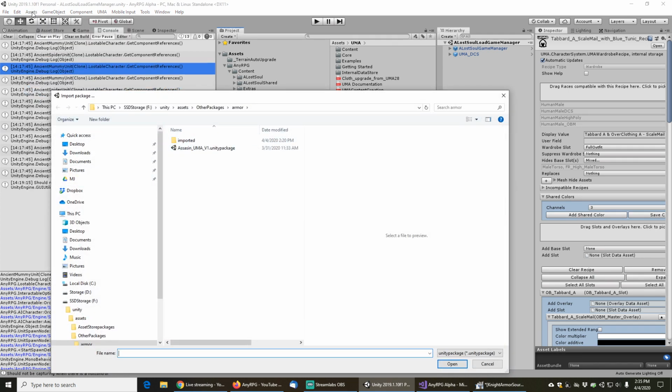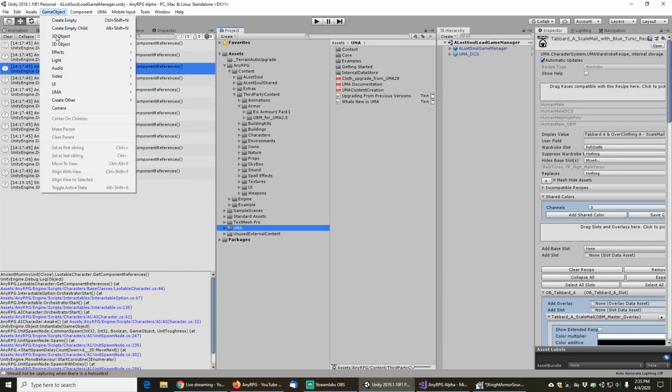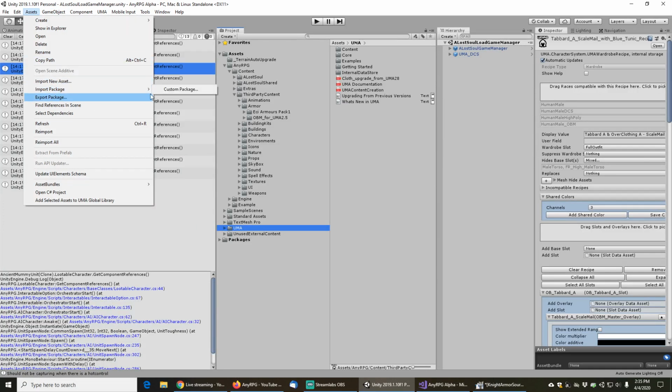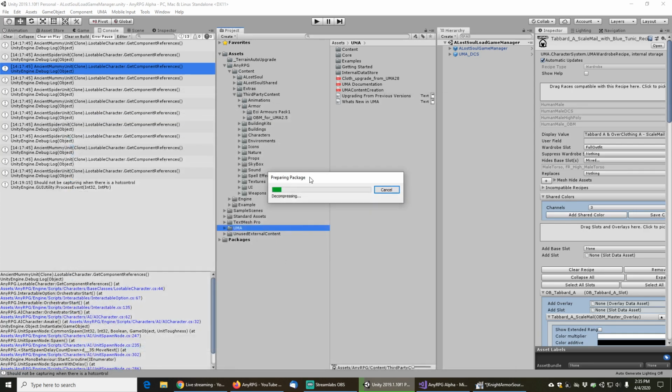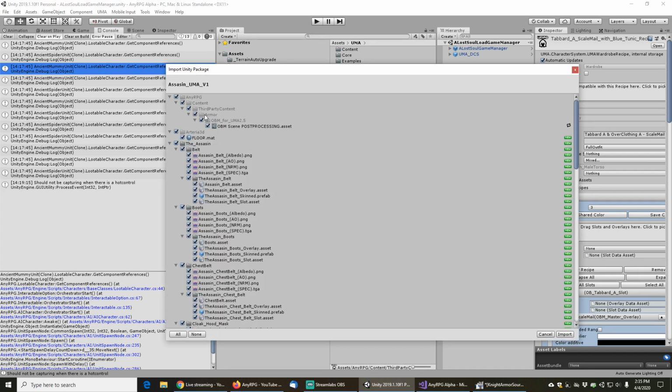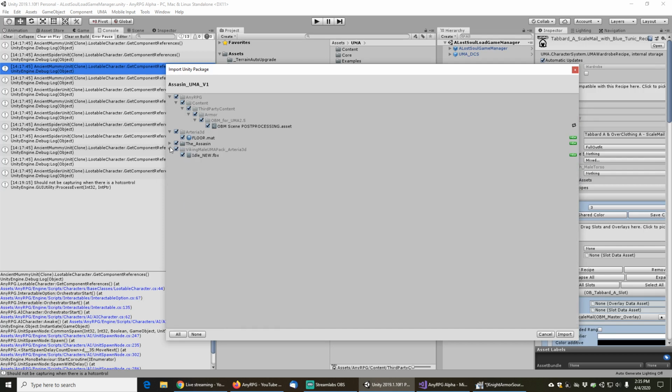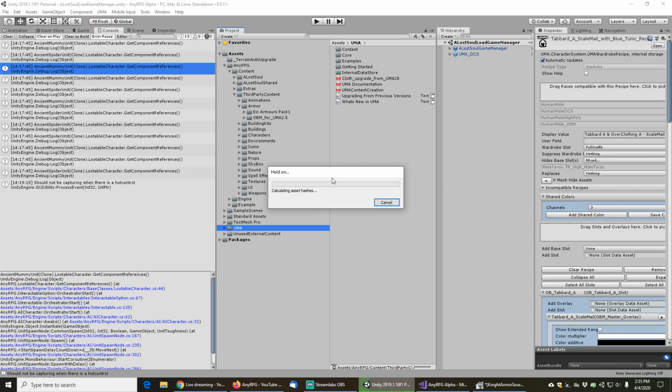You'll want to go to the Assets menu and choose Import Package, Custom Package, find the Assassin package on your hard drive, and click Open. Unity will take a second and decompress it, and then you'll want to basically just import everything in here. So I'm just going to click the Import button,